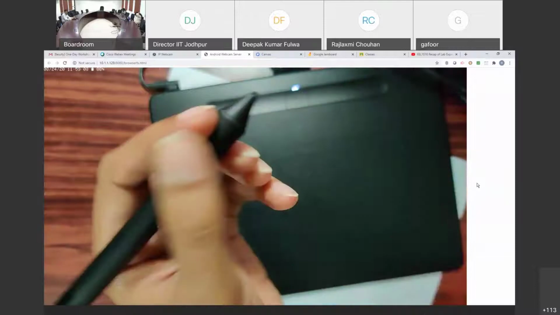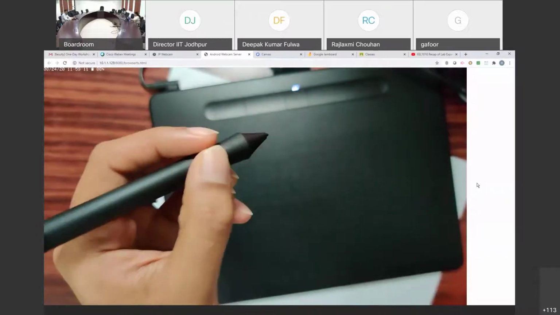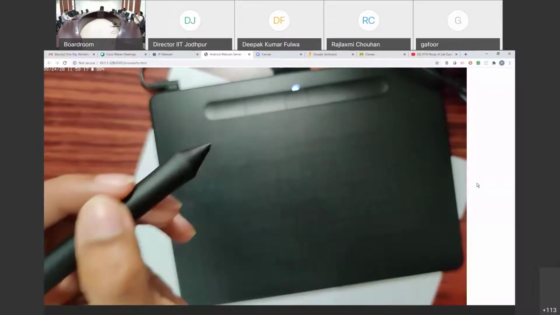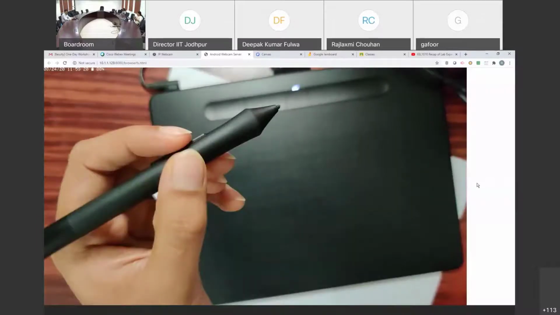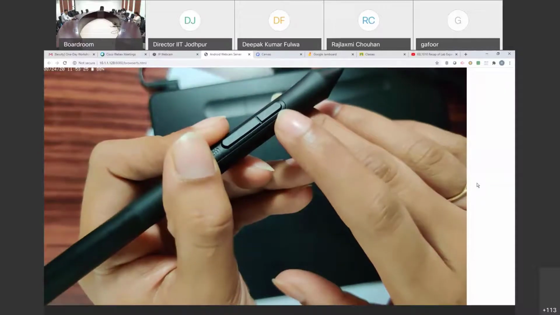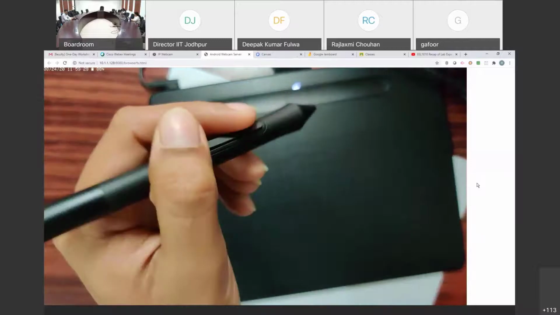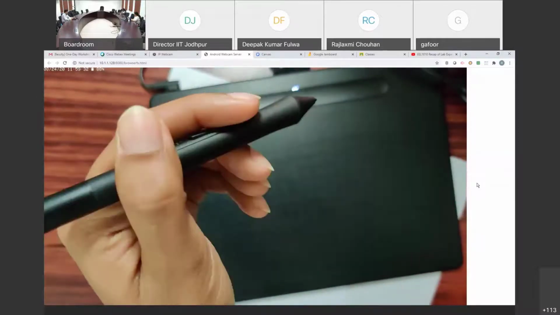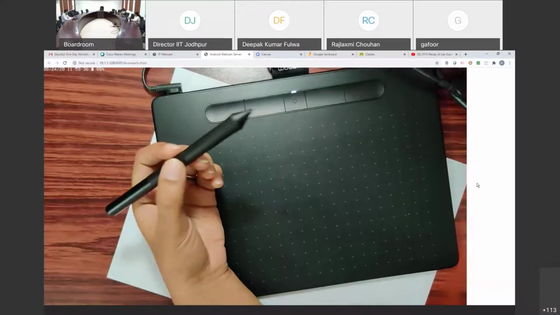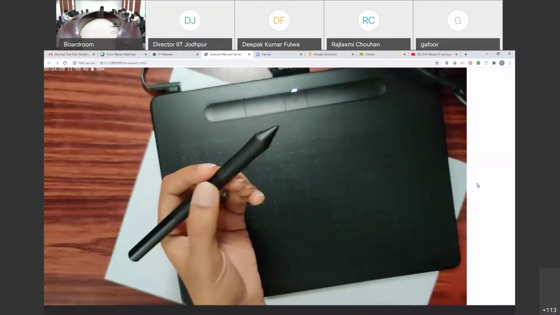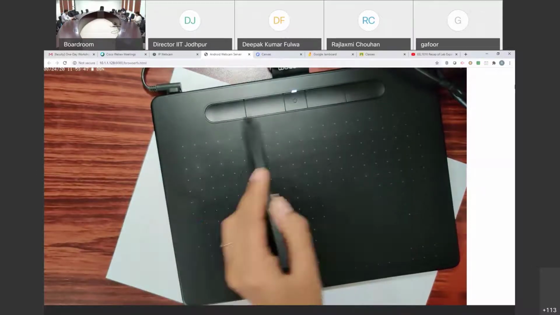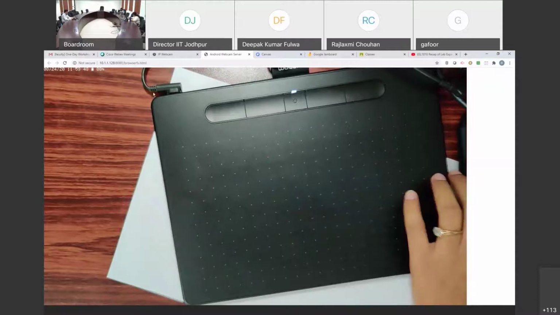So for example, while I'm writing and I make a mistake and want to erase, I don't want to again and again go to a particular tool where I have to select eraser every time. That's a little cumbersome. So by adjusting tablet properties, what I usually do is make this first button the eraser. So if I've made a mistake, just click here and it'll erase that part. This is one very good advantage and speed that Wacom tablets offer us. This is an Intuos model, but I would suggest a Wacom 1 model, which does not have these customized buttons. I'll go back to my presentation.